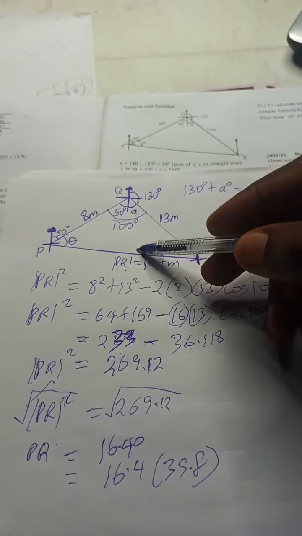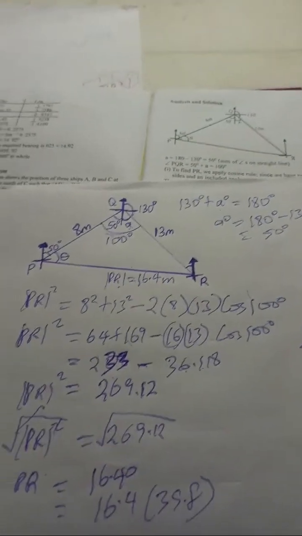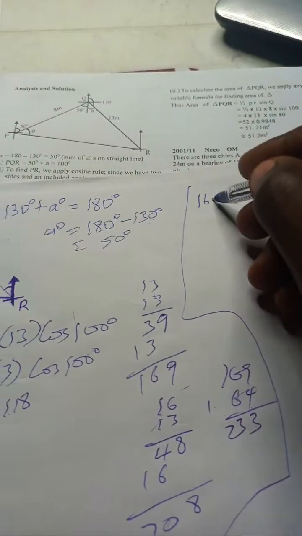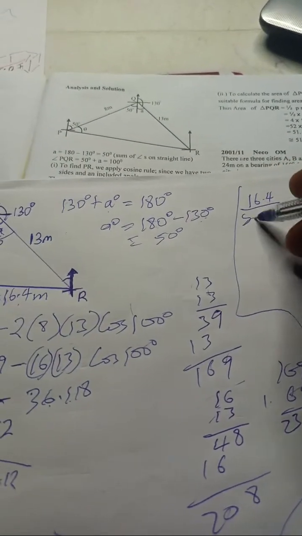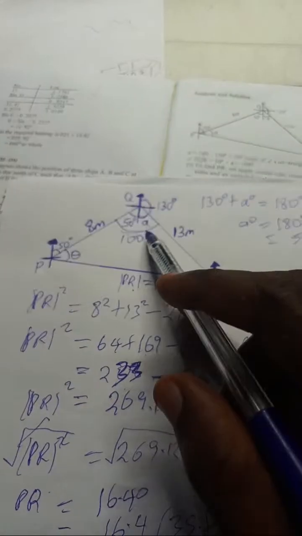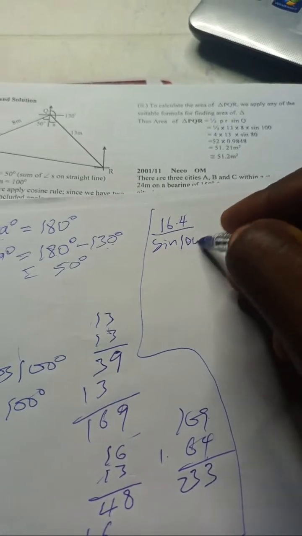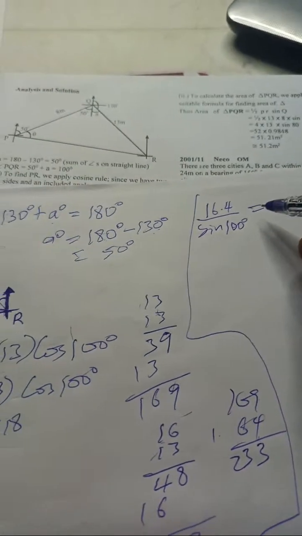So we use our sine rule, which says this side, 16.4, over the sine of the angle, sine 100 degrees, is equal to